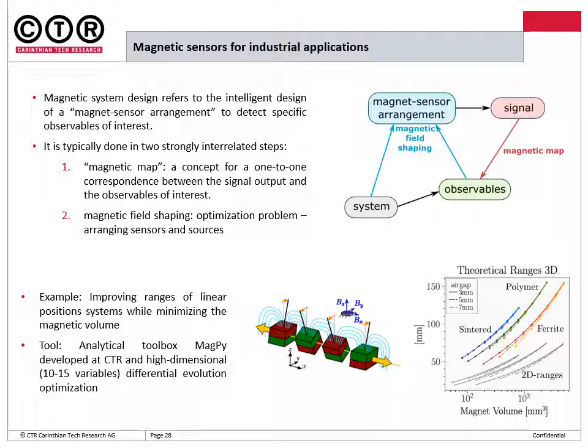The linear position scheme that I have shown above is quite simple. But in general, when an arbitrary motion, rotation and translation should be mapped magnetically, possibly with mechanical constraints within a machine or ferromagnetic surroundings, or with requirements on external stray field stability, this design of the magnet sensor arrangement can become quite a difficult task. We refer to this as magnetic system design, and it is laid out in the graphic on the right hand